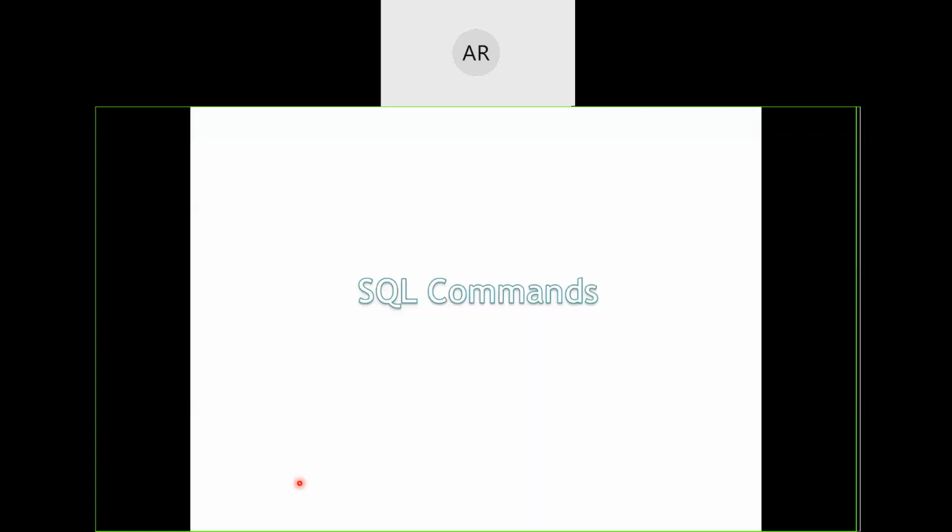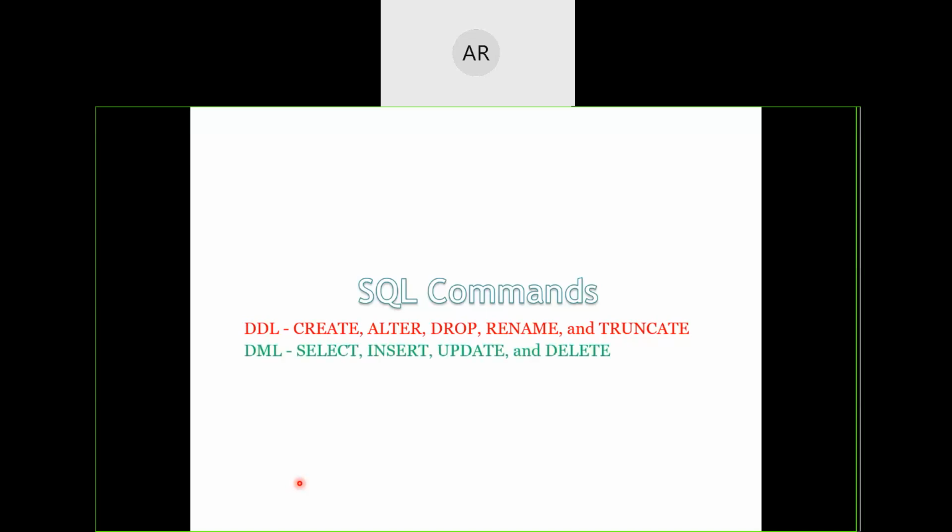So I'm quickly going to SQL commands, which is a very interesting and highly important topic for us to know. As I said earlier, SQL commands are categorized into 4 categories: DDL, data definition language commands; DML, data manipulation language commands; TCL, transaction control language commands; DCL, data control language commands. These commands are very simple and easy to memorize.